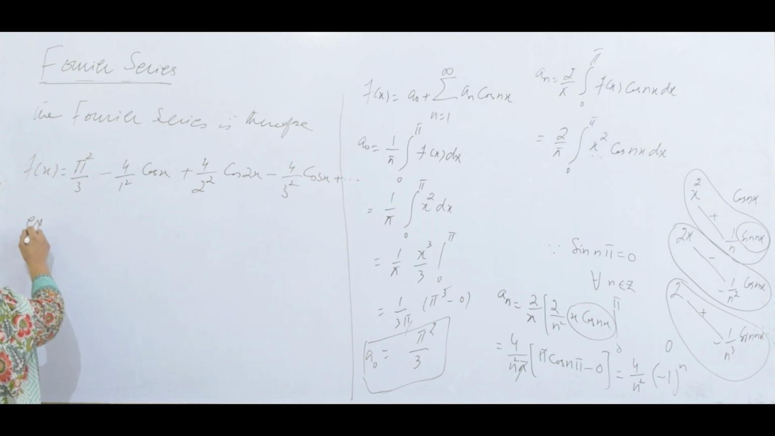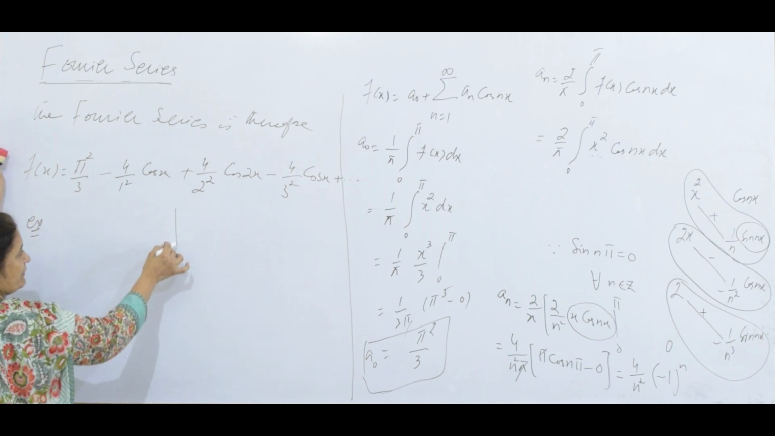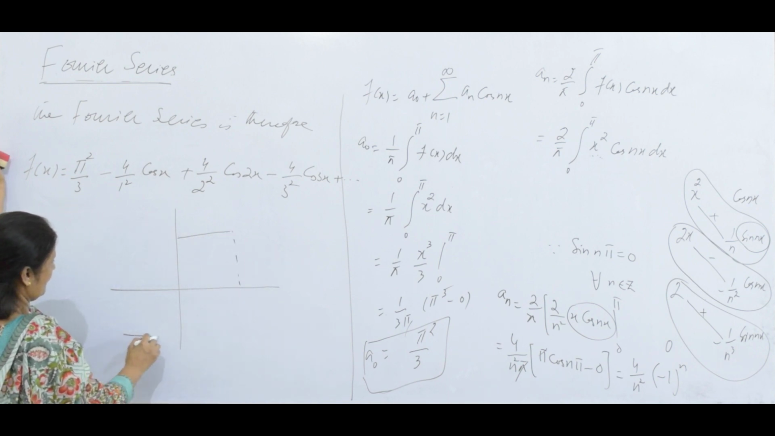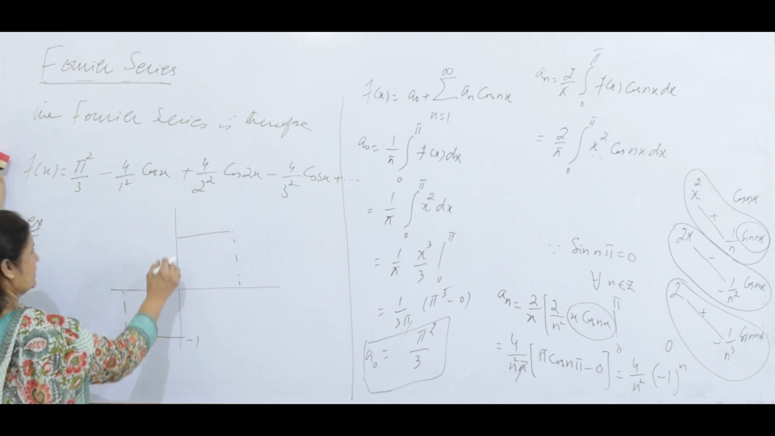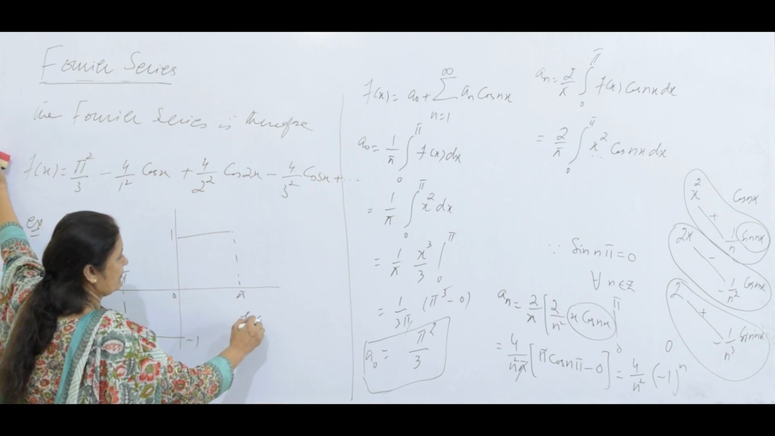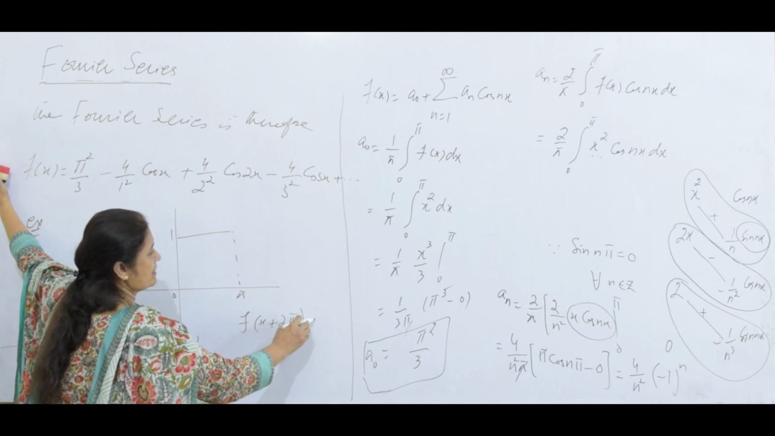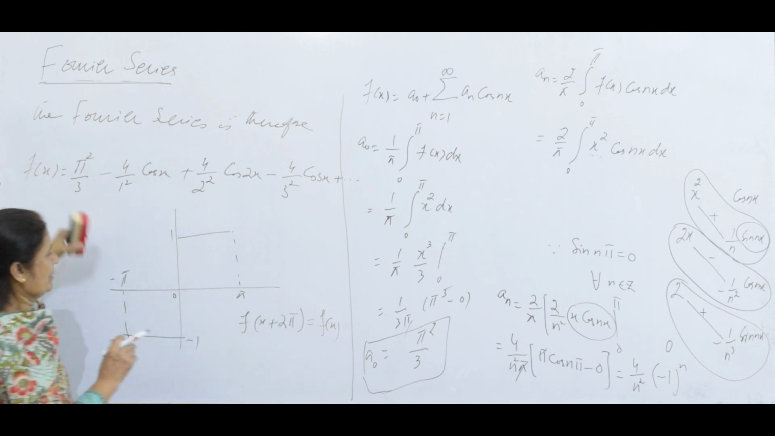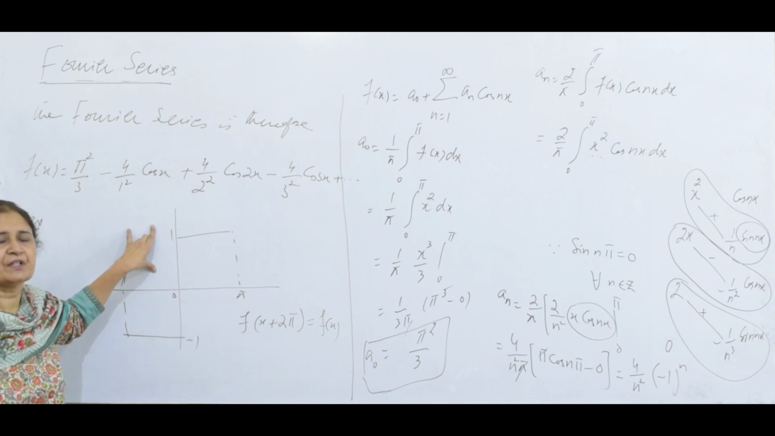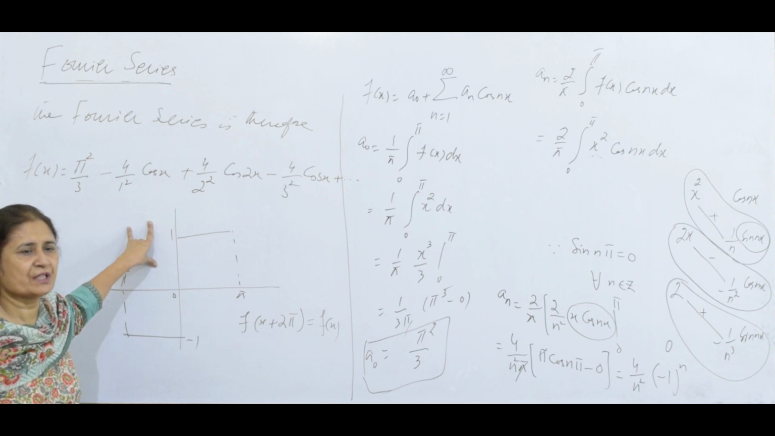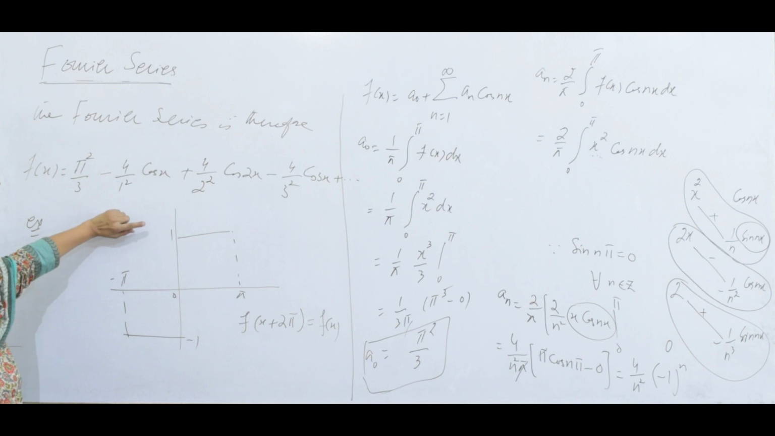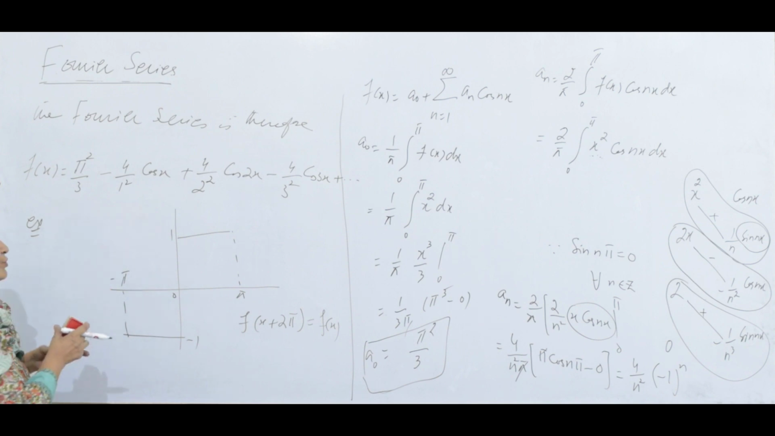Let us have another example. If I am going to take this and this is minus 1, 1, this is minus pi to pi, and f of x plus 2 pi is f of x. I have given the sketch. From the sketch, determine whether the function is even, odd, or neither even nor odd, and find the corresponding Fourier series. Since the graph is symmetrical about origin,